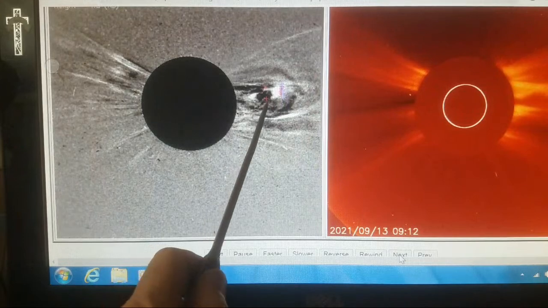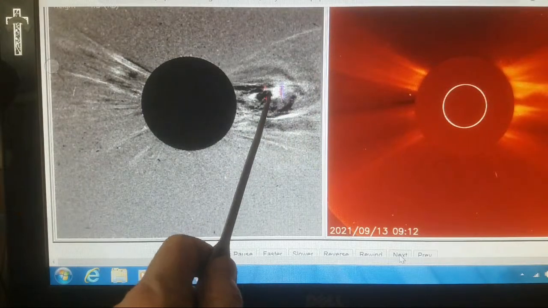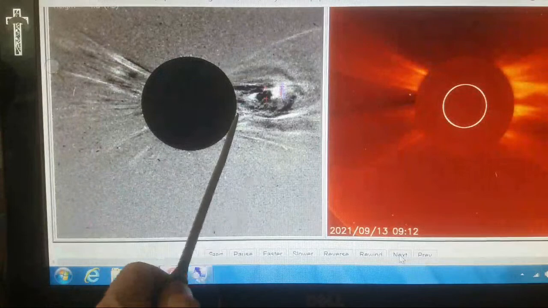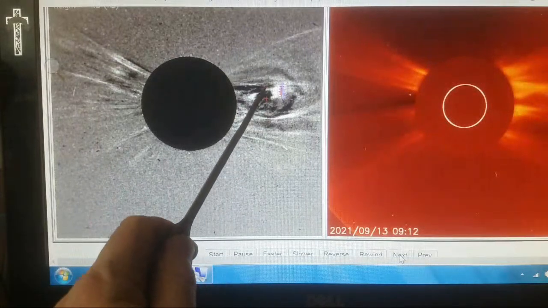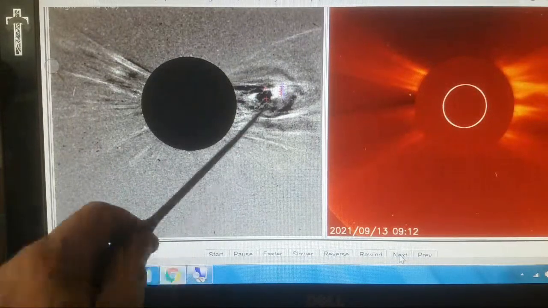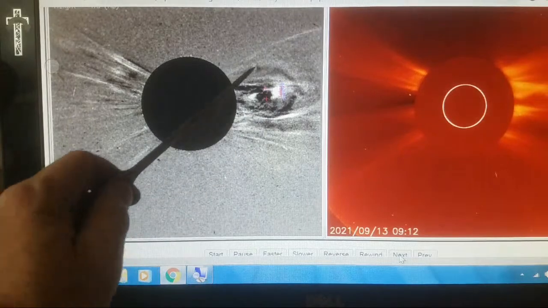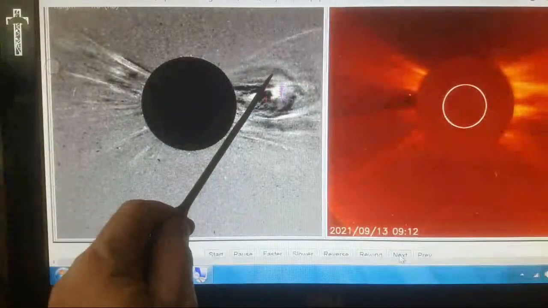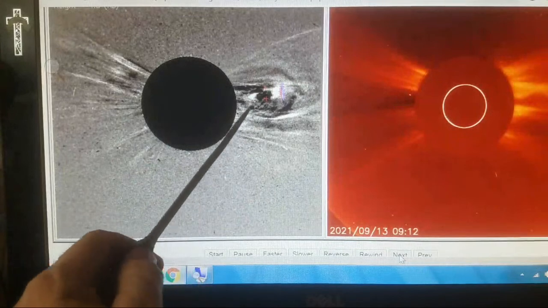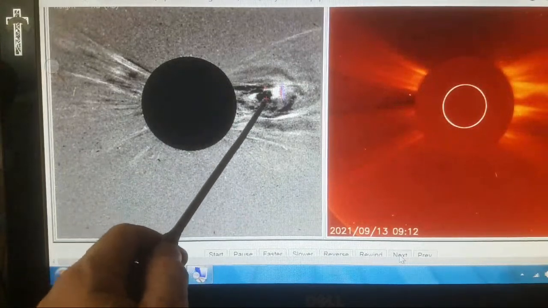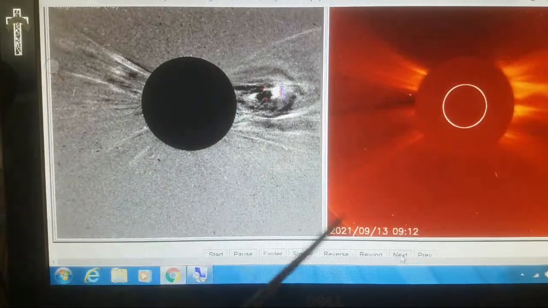And here's the instrument reacting to it again. There's no secondary blast or anything. This instrument is reacting to this object. And if you look right here, you can see this round curvature back behind it. I'm not sure if that's a bigger object back behind it or maybe the magnetic field of this little object right here. But as we keep going forward here,